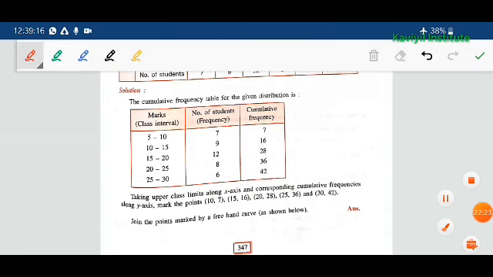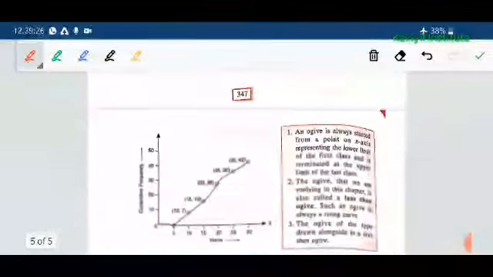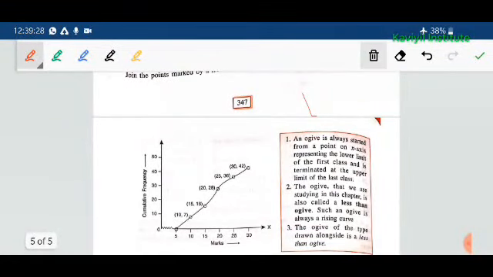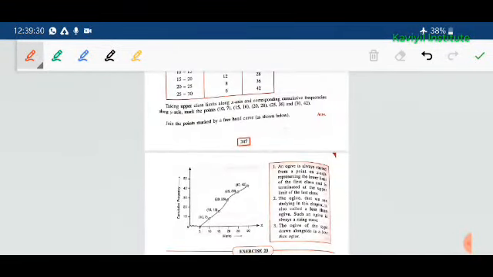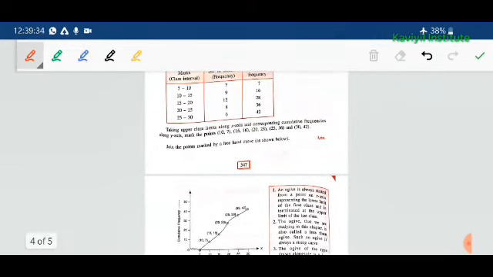Already they have simply mentioned the cumulative frequency here, so we'll just go with that. Now just observe very closely. 0 to 5 to 10, right? Already we have folded it, because for 0 to 5 there is no class. So we have folded it here. You can observe it here, right?